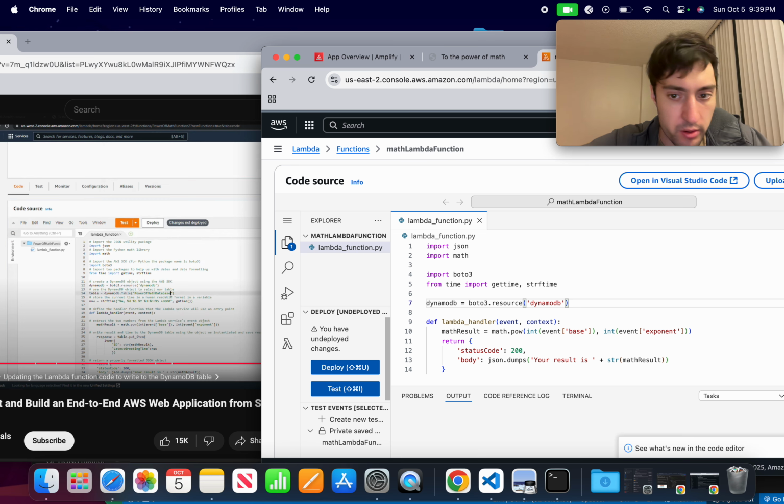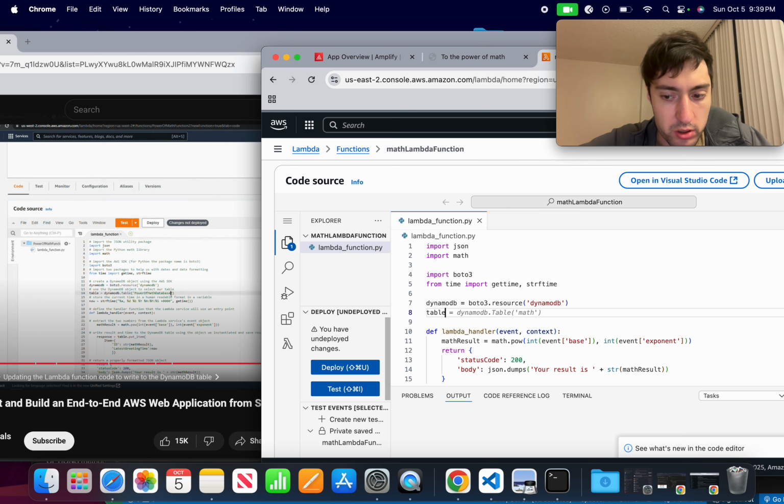We'll need to figure out all of that later. So table is equal to, okay, dynamo.table,